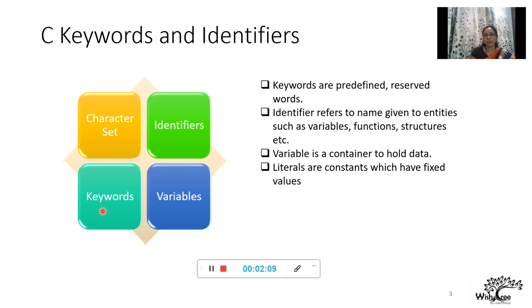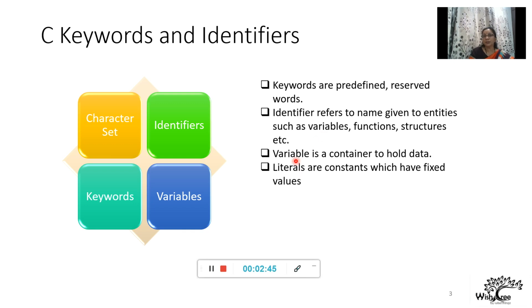Then identifiers are the names given to the entities like variables, functions and so on. Okay, now these identifiers have to be unique. Likewise, every variable should have a unique name, and there are certain rules when we write the identifiers in C programming language. They should necessarily begin with an alphabet and can have any series of alphabets or numbers. Like I can have x, y, z as valid variables. I can have x1, x2, x3 as valid variables.